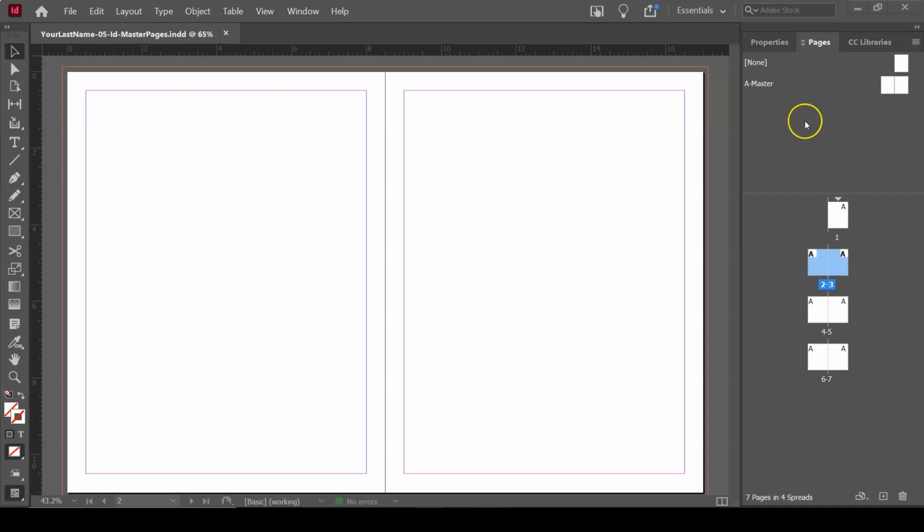Master pages allow you to add formatting and layout options to objects, and then be able to automatically format other pages or spreads in the document with those same items. So it's almost like a template. We can navigate to the master pages versus the live pages, and it can be a little confusing sometimes determining